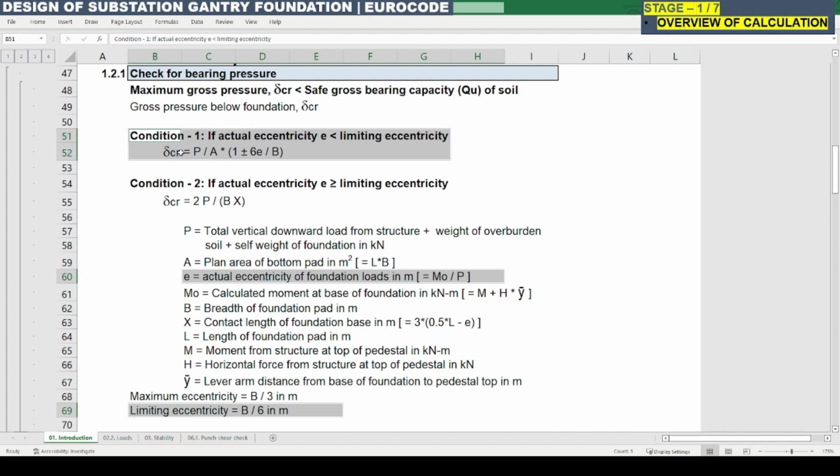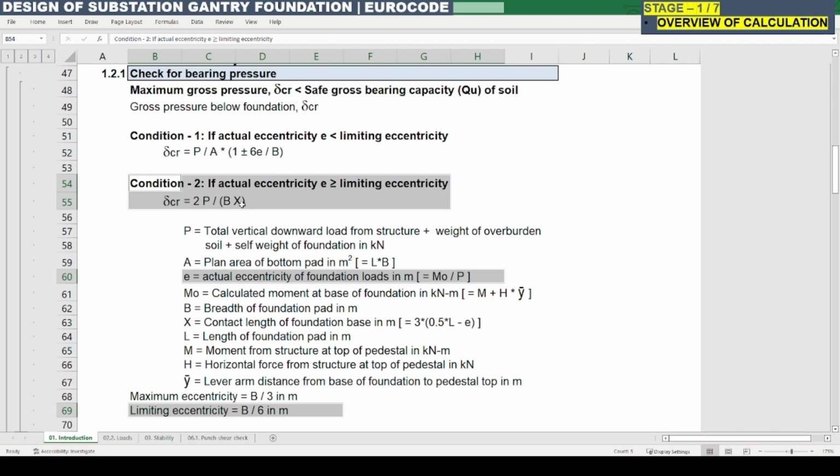We need to use this equation to find the maximum actual gross bearing pressure. If the calculated eccentricity is greater than the limiting eccentricity, then we need to go for condition 2. So this case of equation we need to consider for finding the bearing pressure,